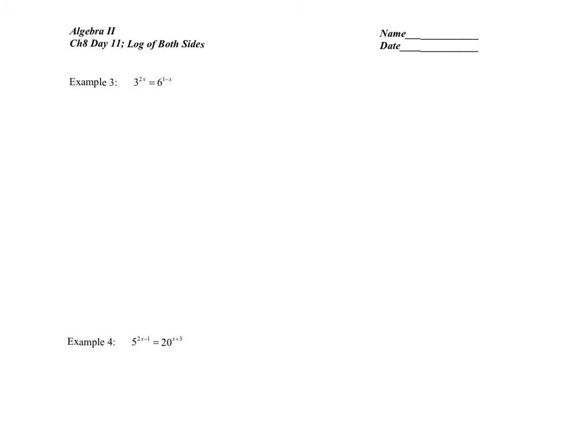So we're going to use the method that we're working with today, and we're going to take the log of both sides. So we have the log of 3 to the power of 2x equals the log of 6 to the power of 1 minus x. Okay, now remember, we're going to start this off the same way. We're going to use our power property. We're going to take this power and put it in front of the log here. The exponent jumps over our log. So we have 2x times the log of 3. If you want, put that little multiplication symbol in to help you remember. And then you have 1 minus x, and since it's a binomial, I'm going to put it in parentheses,